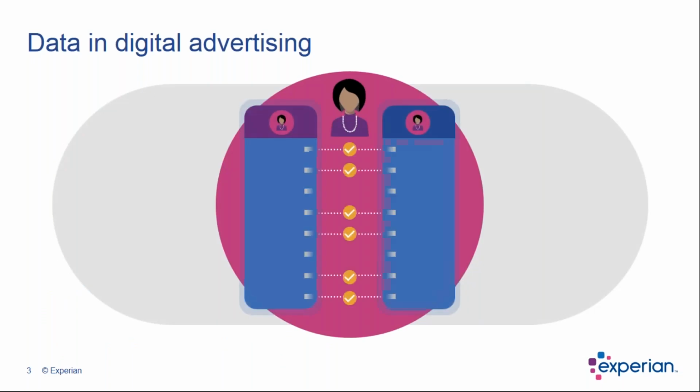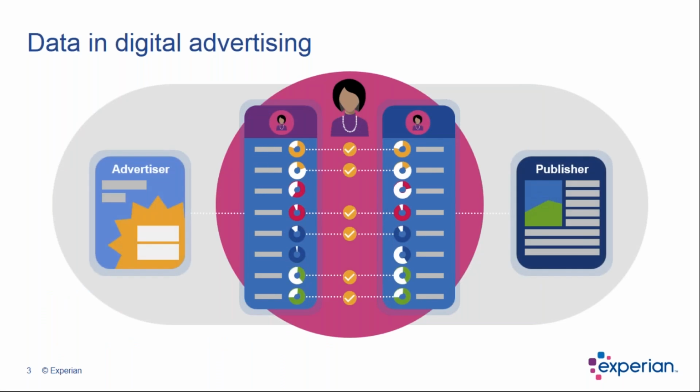So let's jump into a bit of background. Data is widely used in digital marketing and in digital advertising in particular to identify the individual behind a device. This allows us to go back to the fundamental basics of marketing. So models like the 4 Ps.